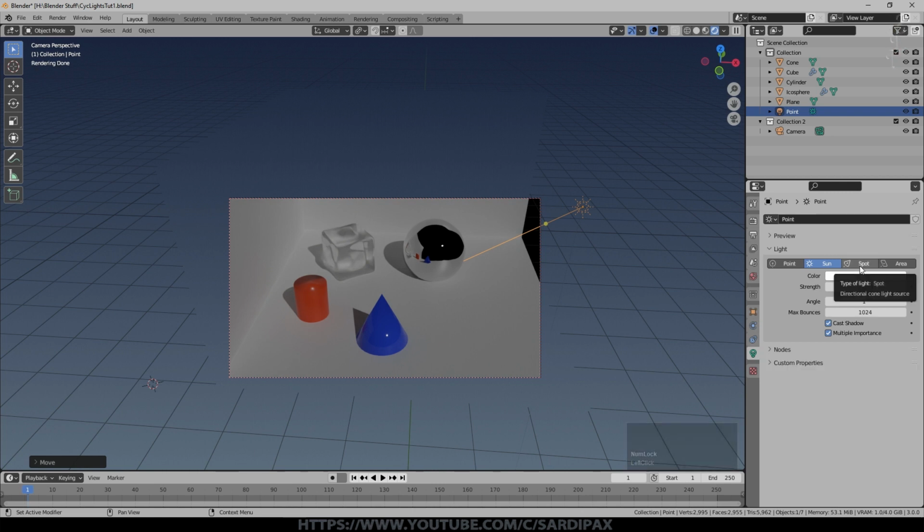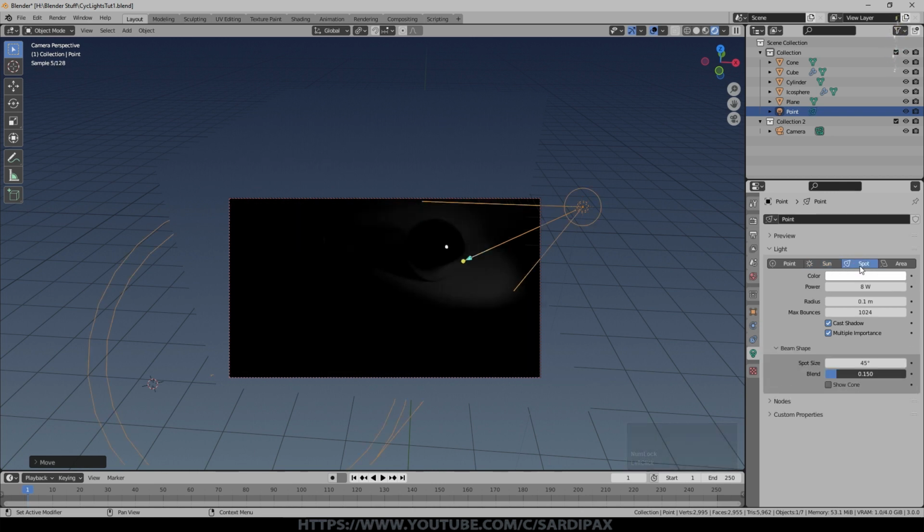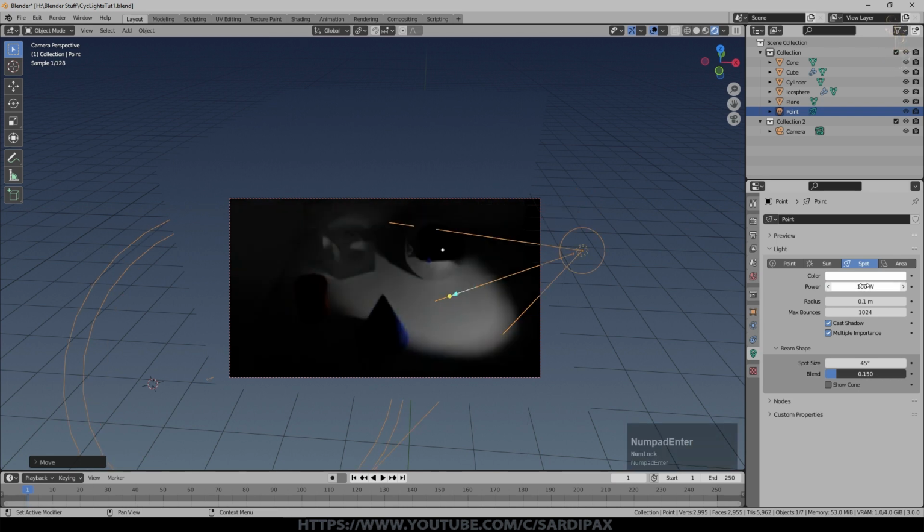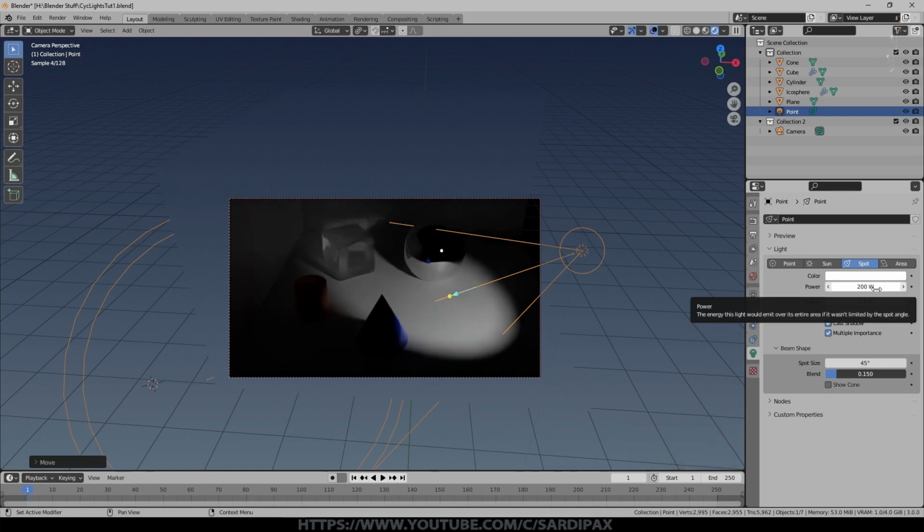So let's change that to a spot lamp now. So this is literally a simulation of a lamp with a shroud around it and a reflector, and it's designed to point at a particular place and not shine just everywhere. So I'll turn the power up. You will find each of the lamps has its own effective brightness. I'll put that up to 100 watts, I think, maybe even more than that. When I'm playing around with light brightnesses and things like that, I'll tend to double and double or halve and halve until I start to get somewhere near what I need.